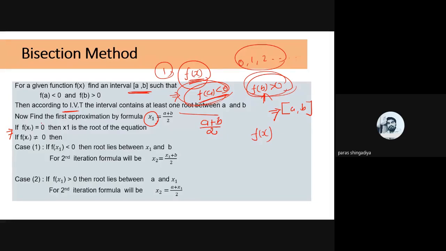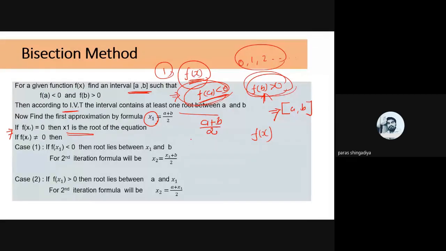If it is zero, there are two possibilities: either it is zero, otherwise non-zero. So if it is zero, then x1 will be the root of the equation. x1 is called the required answer. x1 will be the root of this equation. Clear? And if it is non-zero, there are two possibilities